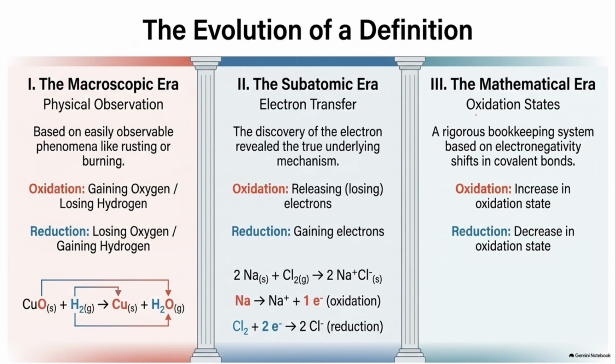The third, which is very important and will be very helpful while balancing chemical equations, redox equations, is the oxidation state method. This thing we should know. Increase in oxidation state is called oxidation and decrease in oxidation state is called reduction. So when the oxidation state decreases, it is called reduction, and when it increases, it is called oxidation.